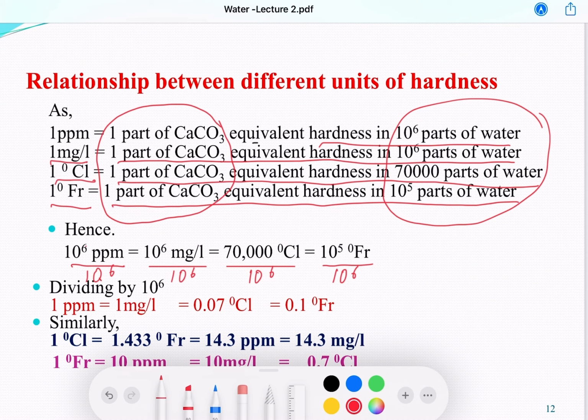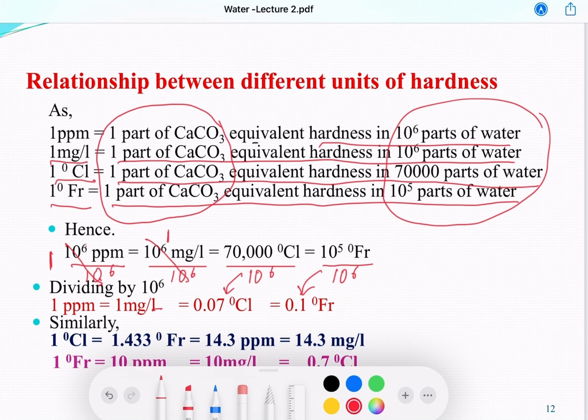This will cancel out and it will give you 1. This will cancel out, it will give you 1. When you divide this you will get this, and when you divide this you will get this. So 1 ppm is equal to 1 milligram per liter is equal to 0.07 degree Clark is equal to 0.1